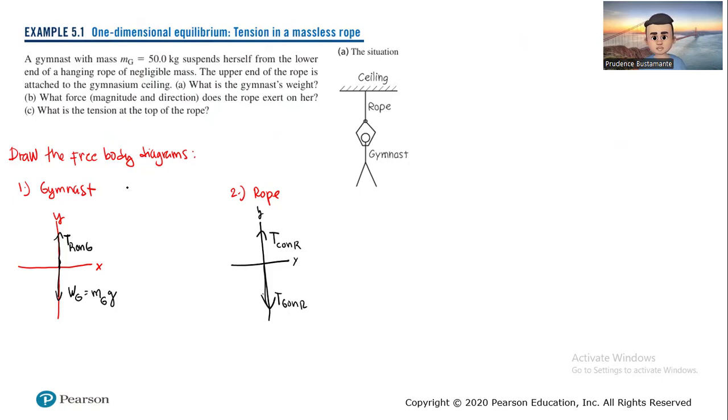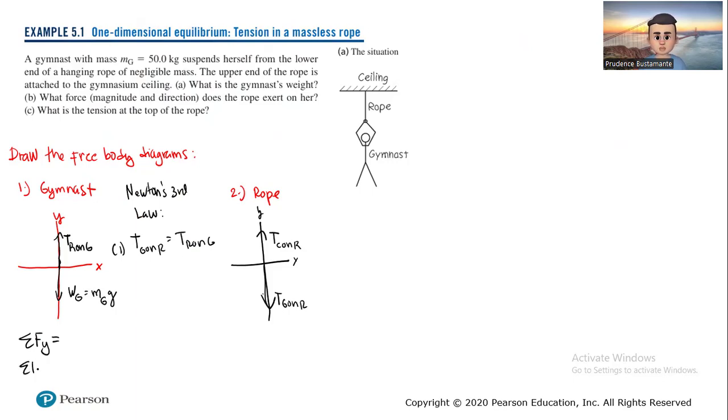At Newton's third law, we note here that this tension of the gymnast on the rope is equal to the tension of the rope on the gymnast. So this will be our equation one. Okay. Then we're going to write that the summation of all the forces along y,